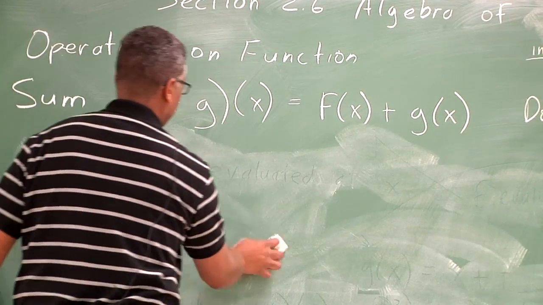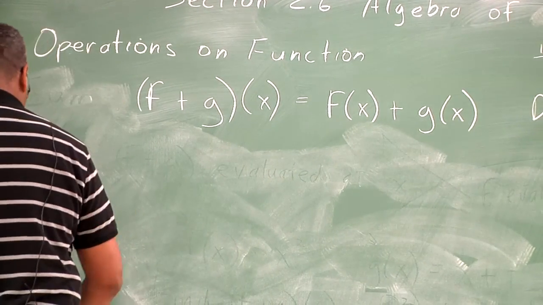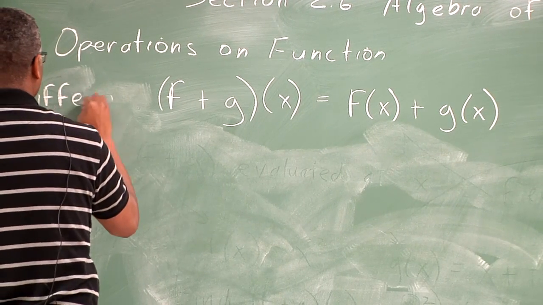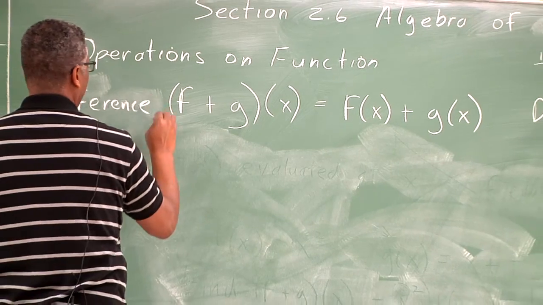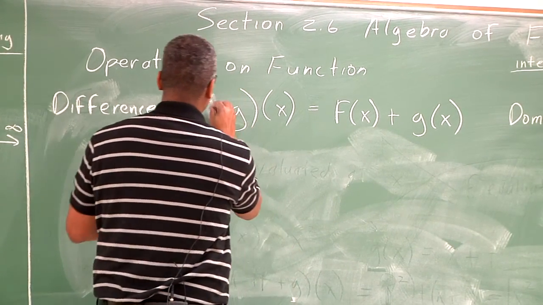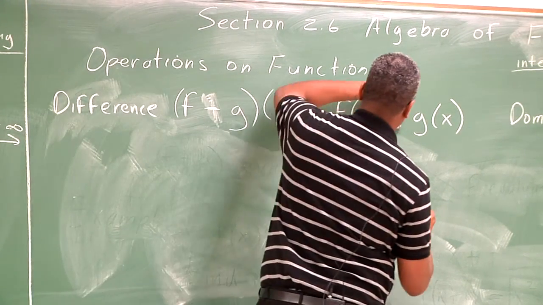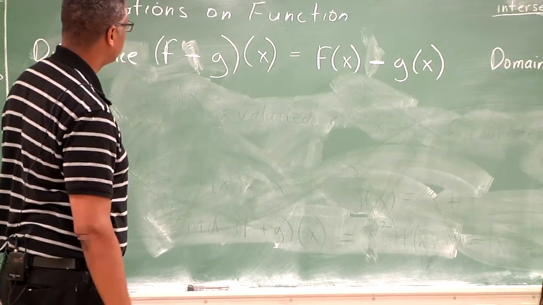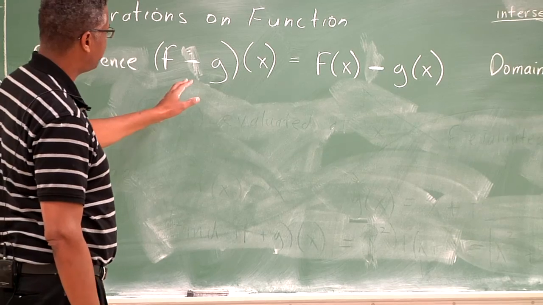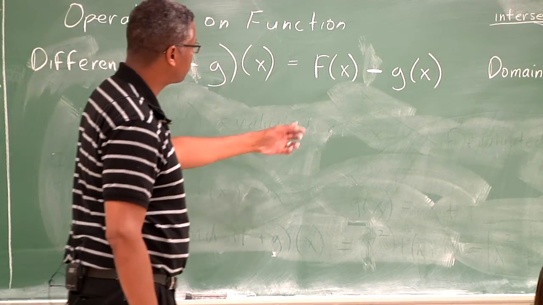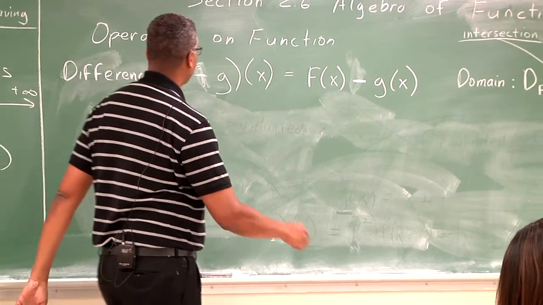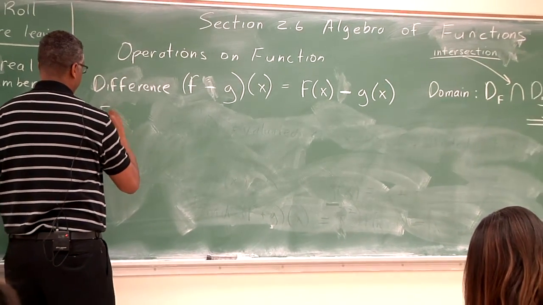Okay, as you might imagine, for a difference, all you do is replace the plus with the minus. So you're just going to subtract the functions. So this means f minus g evaluated at x equals the first function f of x minus the second function. Okay? So if we rework our example,